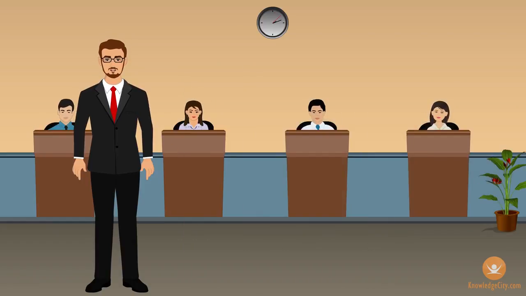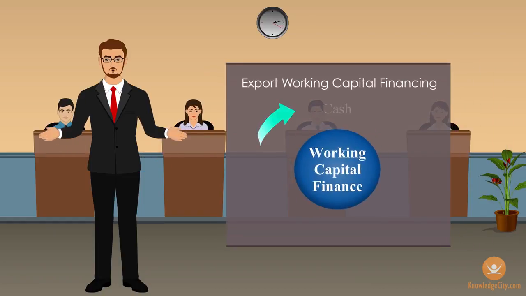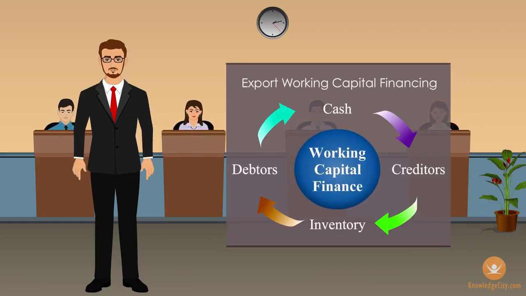Exporters using open account terms often mitigate risk by using these trade finance techniques. Here are some you should know. Export working capital financing. This is a loan or revolving line of credit which helps exporters extend open account terms in the global market by covering the entire cash cycle from the purchase of raw materials through the ultimate collection